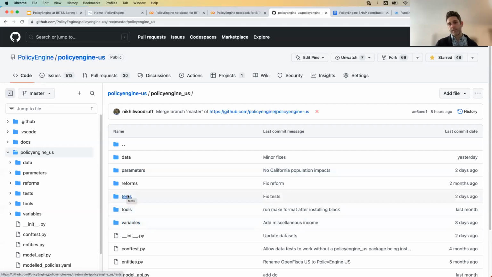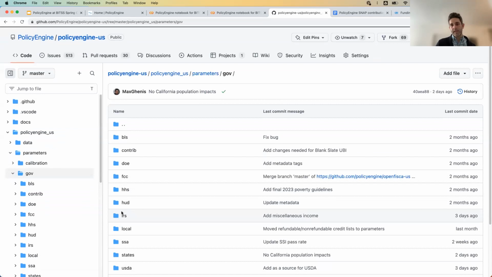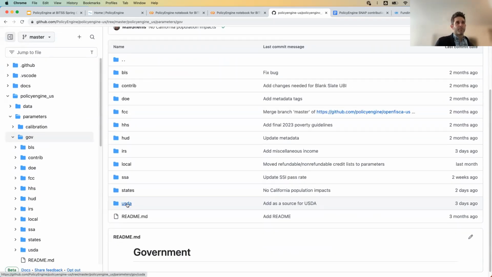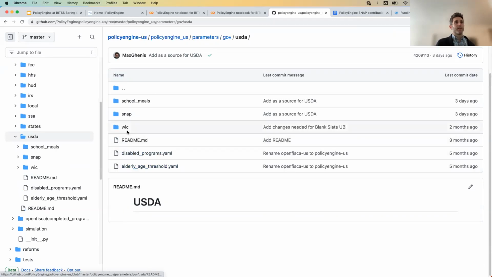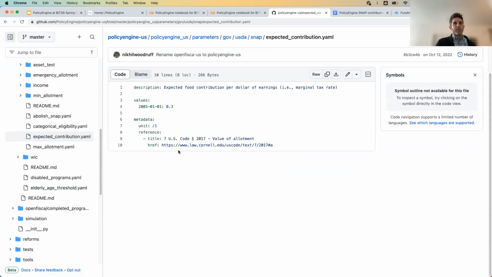And we do a lot of tests as well. Okay. So for example, if we go parameters within government, this is now the same kind of folder structure we saw to get to that 30%. So we can go USDA, SNAP, expected contribution, and 30%.